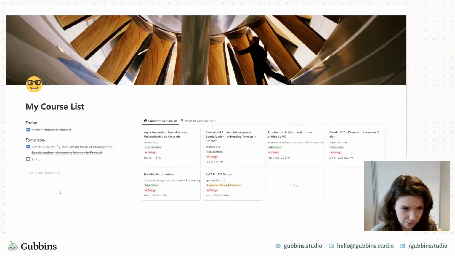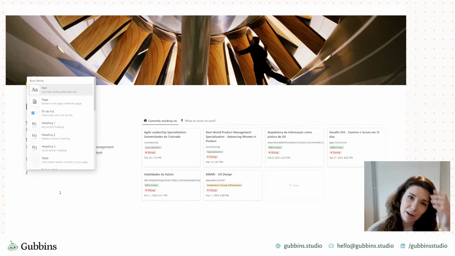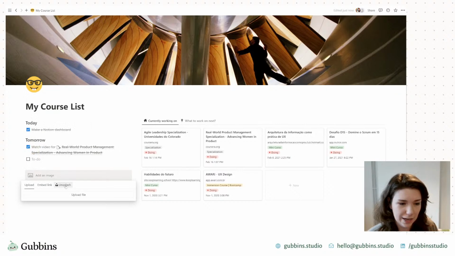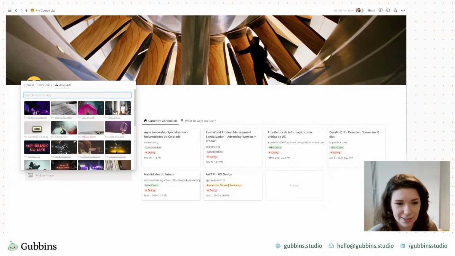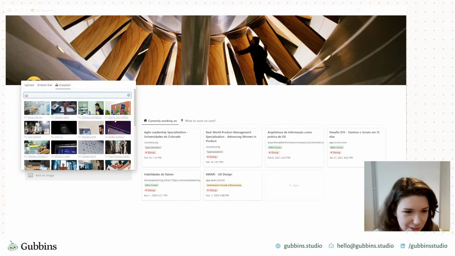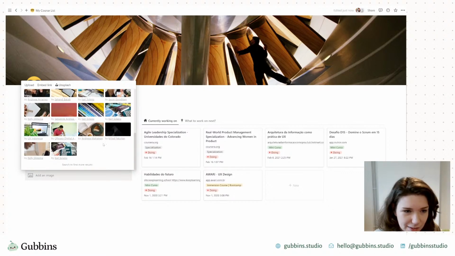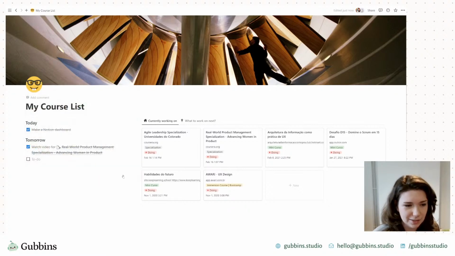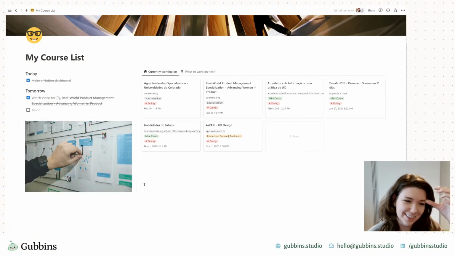Another thing you can do is import images. Either you can take them from the internet, or you can create your own images. Notion also has Unsplash embedded in, so I don't know if you wanted to search for UX to see if you can get a post-it note one. No post-it notes? Oh, actually that's pretty good.